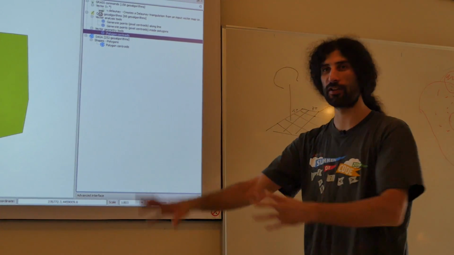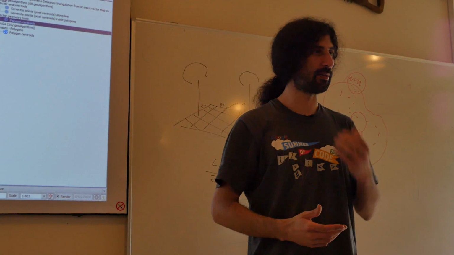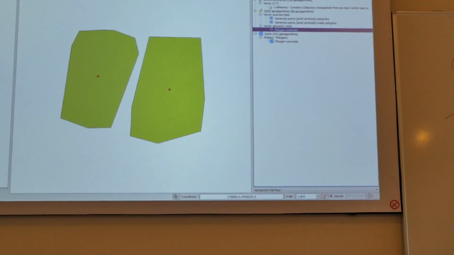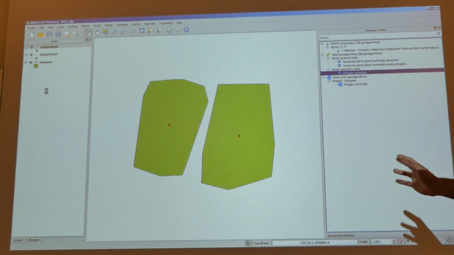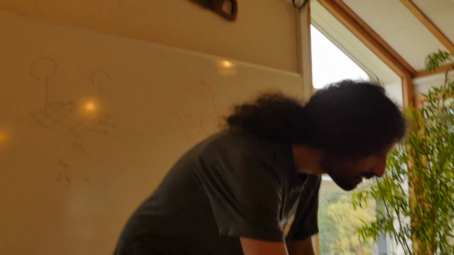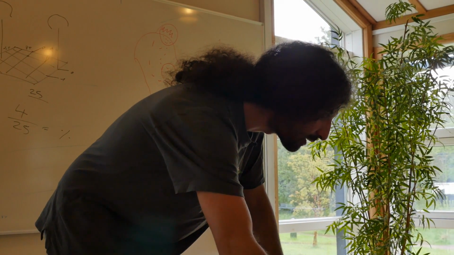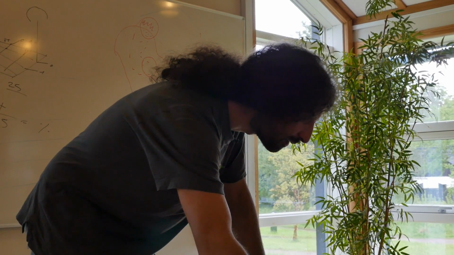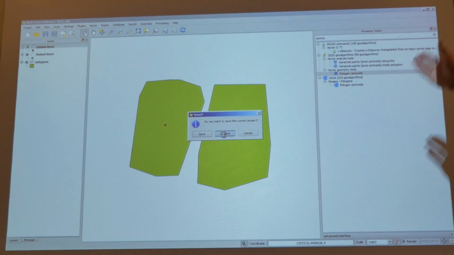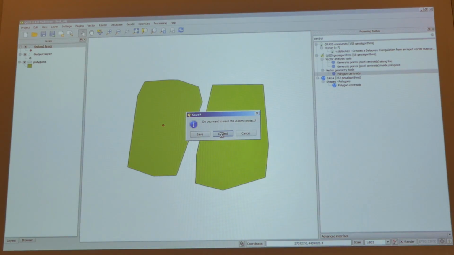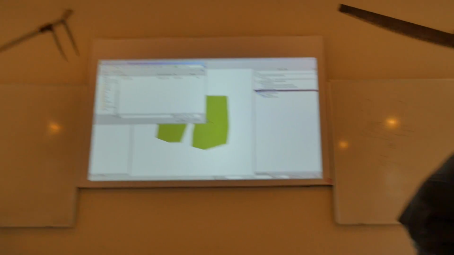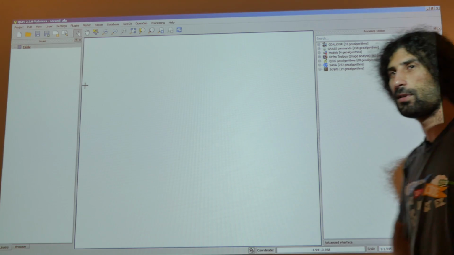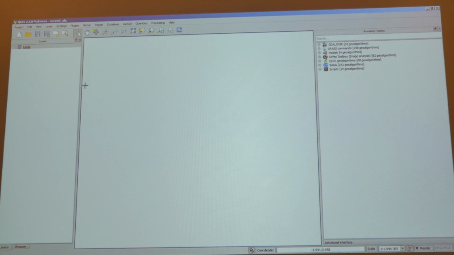Now we're going to open another project and do some other things. So we close this one. It's going to tell you, I left the mouse pointer like that, let's see if it takes that away. It will tell you if you want to save the project. Don't save the project, they have temporary layers, so just take that away. And so you're going to see some more stuff that we're going